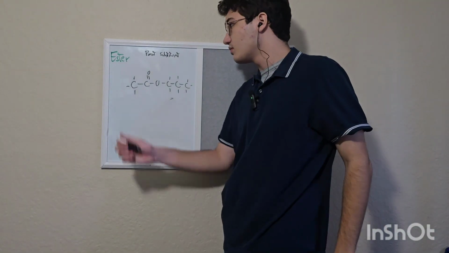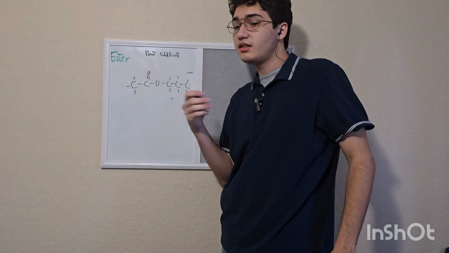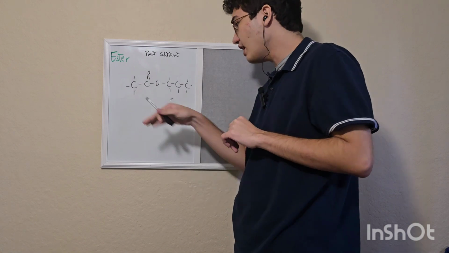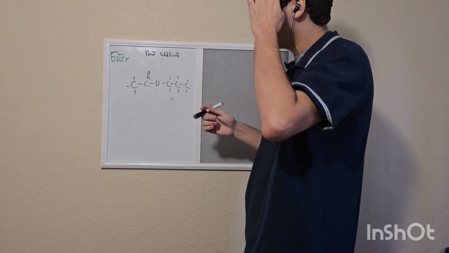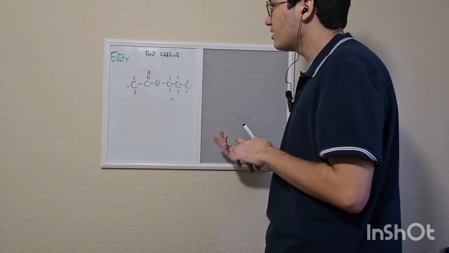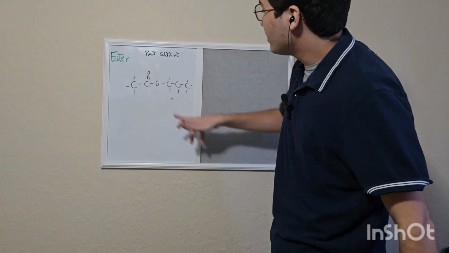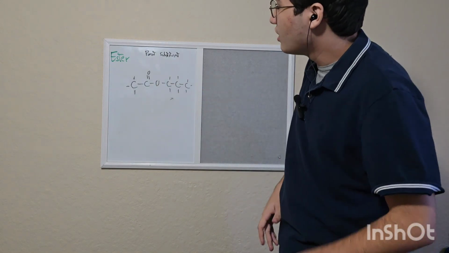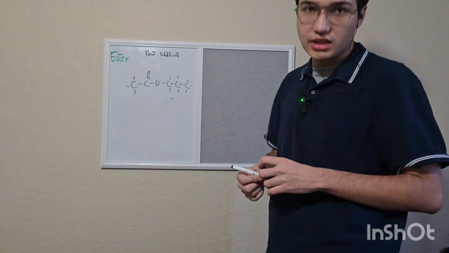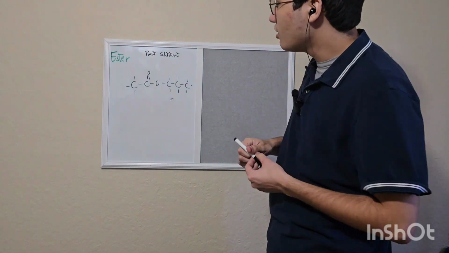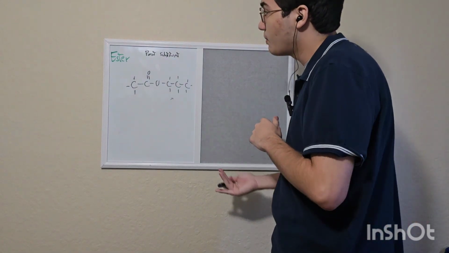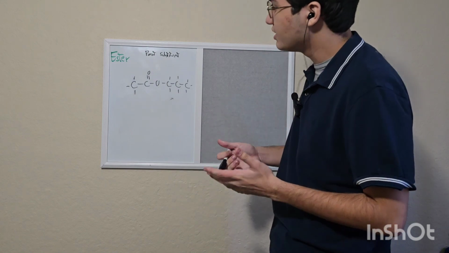Alright, so here we have an ester, a similar name to an ether, and it is kind of similar. The only difference is that it has a ketone connected to it. When this happens, we call that an ester. Now, of course, when it comes to naming an ester, which you will need to know, you have to know